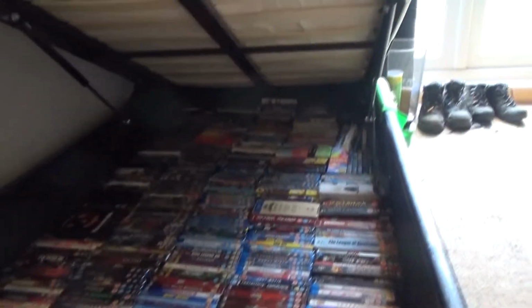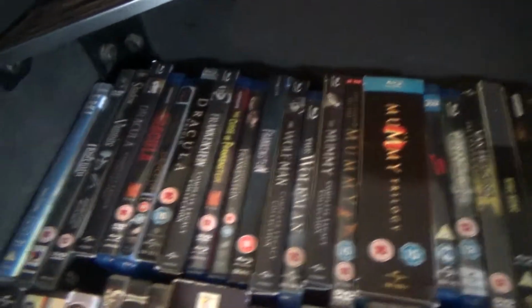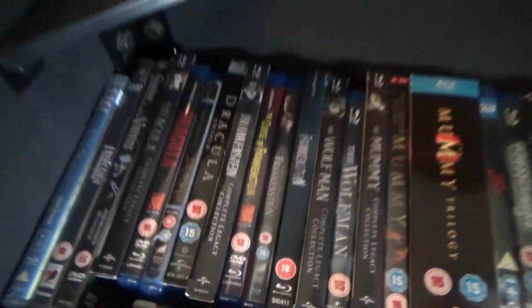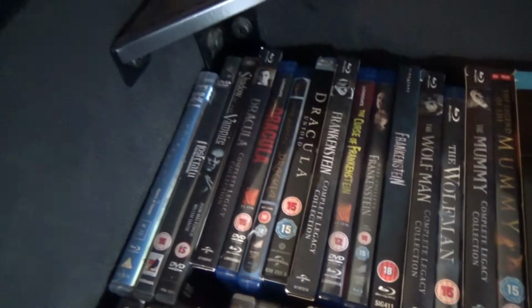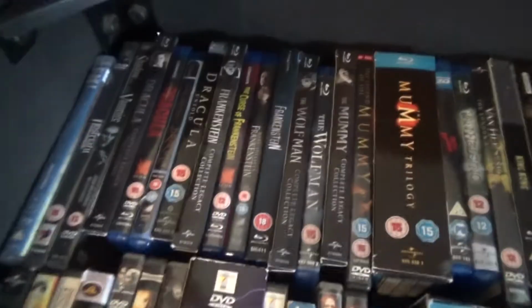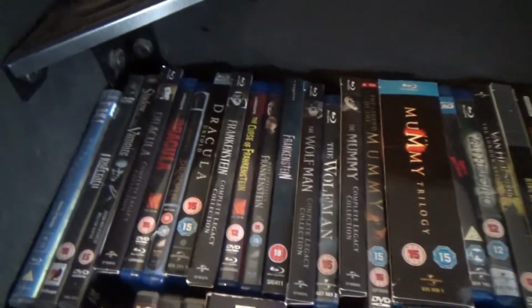This is most of my collection, not quite all of it. It is sort of arranged. If you look here, as you can see, this is all the horror section at the top here pretty much, because horror is my favourite genre. Can't get enough of it. But it's sort of arranged in age, so Nosferatu is the oldest film I have, and then there's the remake, Shadow of the Vampire, then Dracula from the 30s, and then all the Dracula movies that come after it,